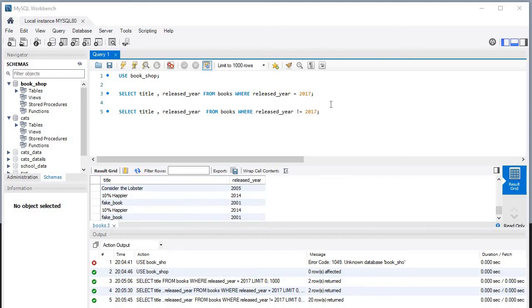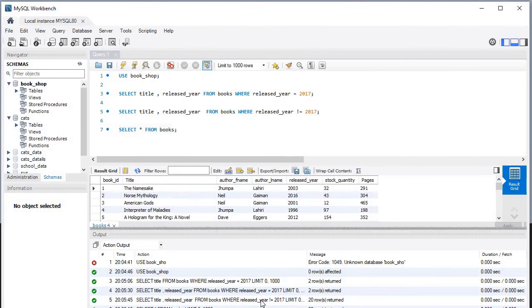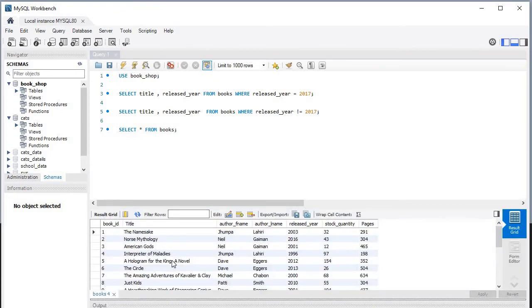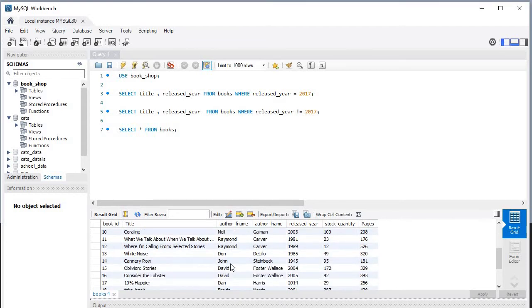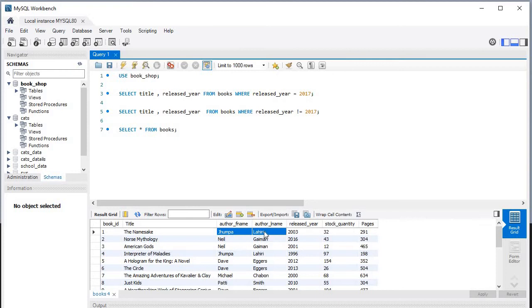Okay, let me show you the books table. SELECT * FROM books. Okay, this is the table. And if you want to select all the books which are not written by, we can give some name, yeah, which is not written by Jhumpa Lahiri, and where we can give it,